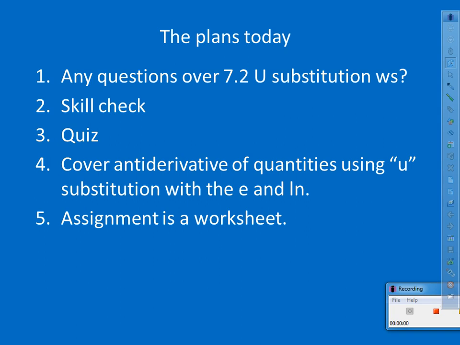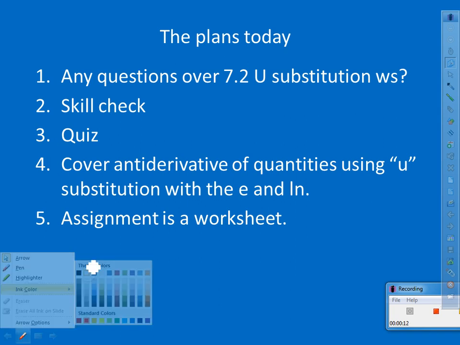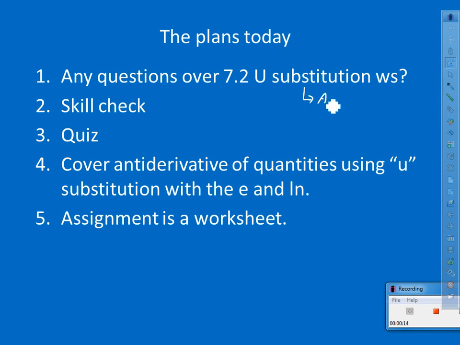If I was there, I'd answer any questions over section 7.2, but what I did for you is I have the answers to those on the next slide. So I have these answers so that you could look at it and see how you did. Then you come in and fill any questions. If you have your class notes in front of you,